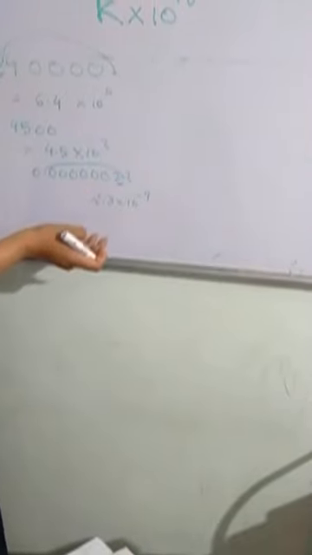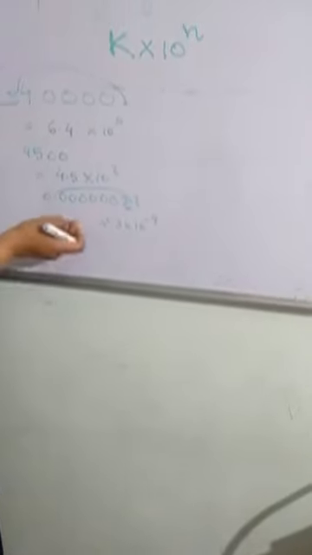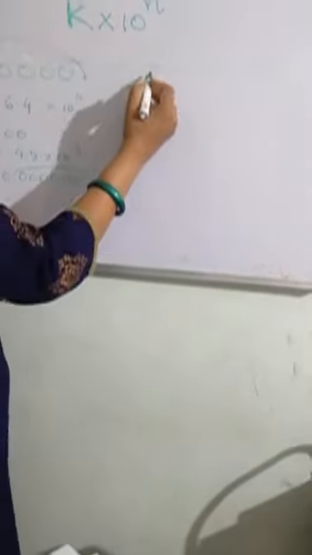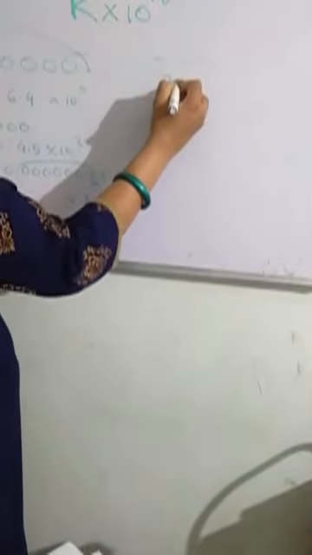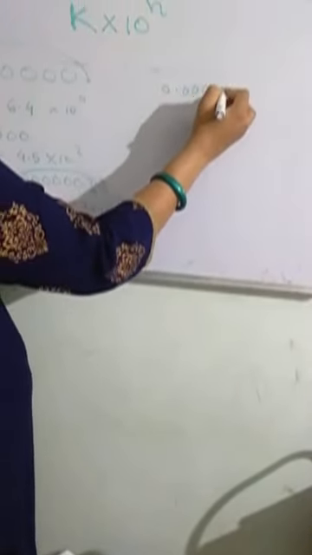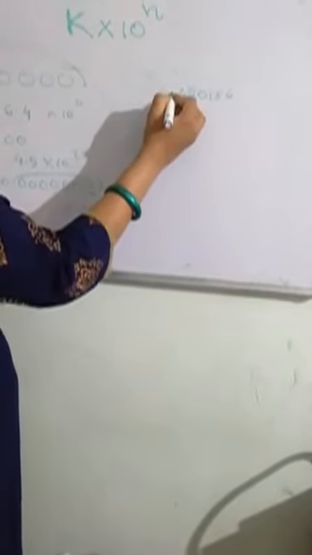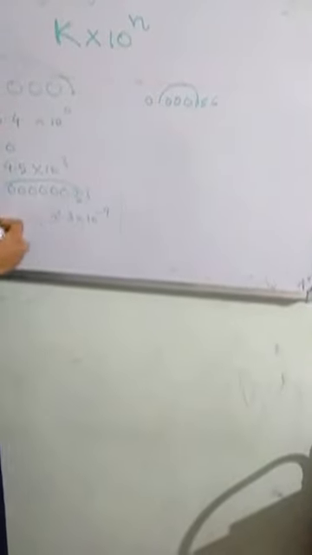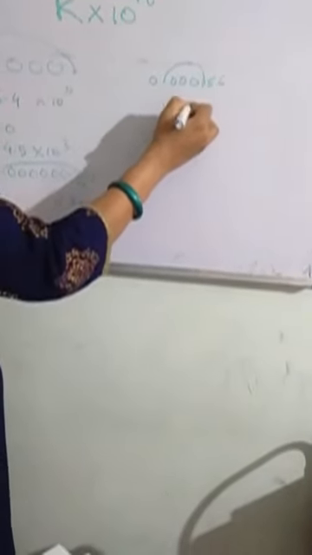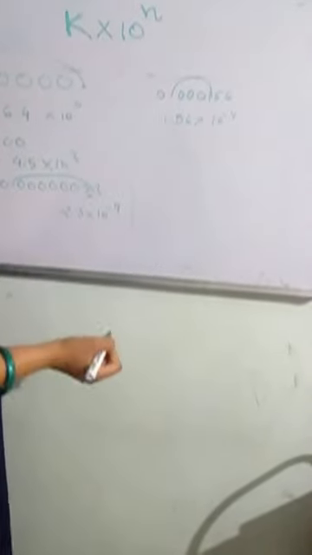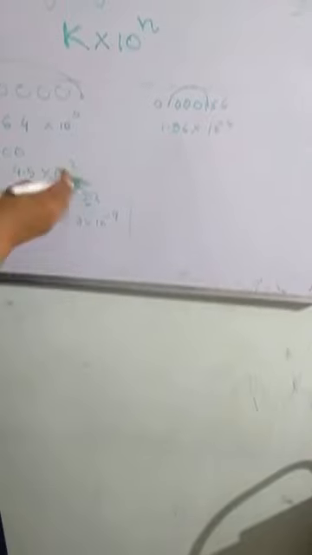Because we have shifted to the left hand side, and shifting to the left is by dividing the number, that's why it is 10 raised to a negative power. There are a lot of examples we can do for this. Another example, 0.000156. This is again less than 1, so we have to shift it so that it is greater than 1. So this can be 1.56 into, how much should we divide? 1, 2, 3, 4. 10 raised to power minus 4. Right? So this is how we will be doing the question.